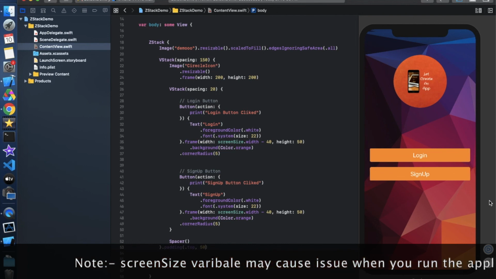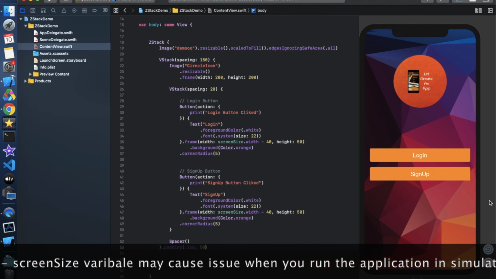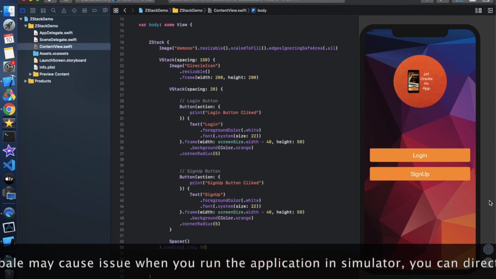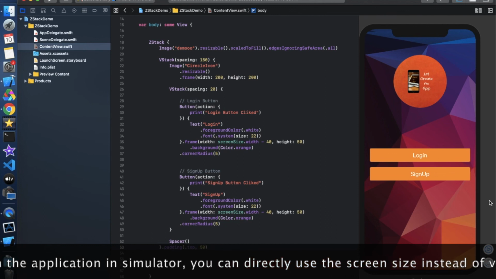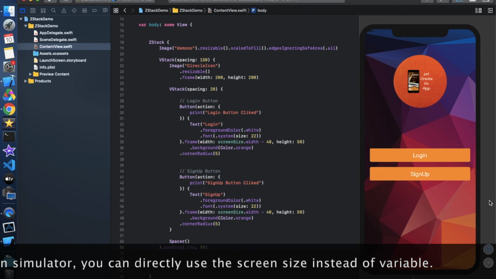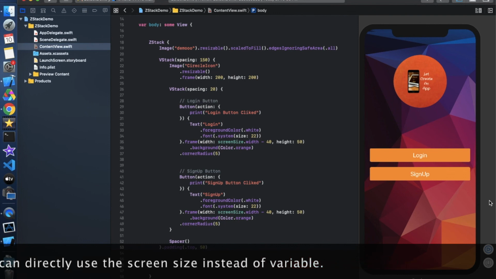As you guys see, it is very fast to create all these things once you get practiced at what we have to do and what we have to use. So SwiftUI is a very powerful framework which is provided by Apple, and I'm just learning SwiftUI right now, so that's why I'm able to do these things quite fast.